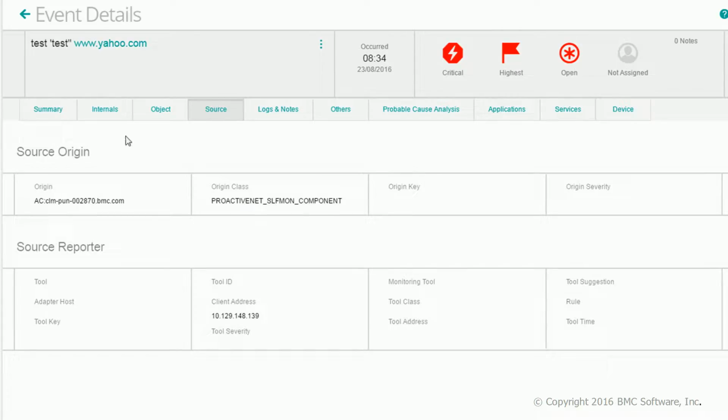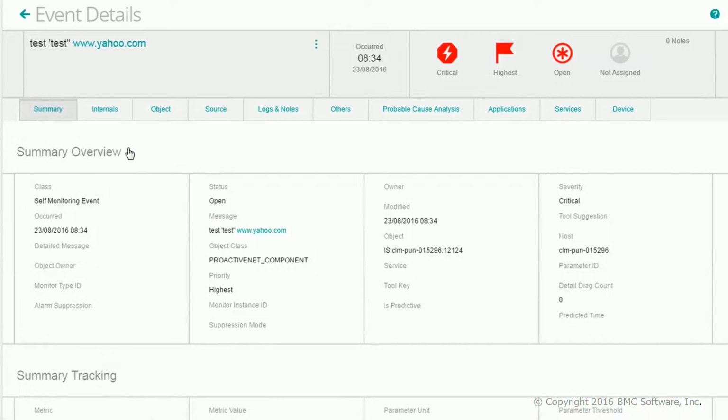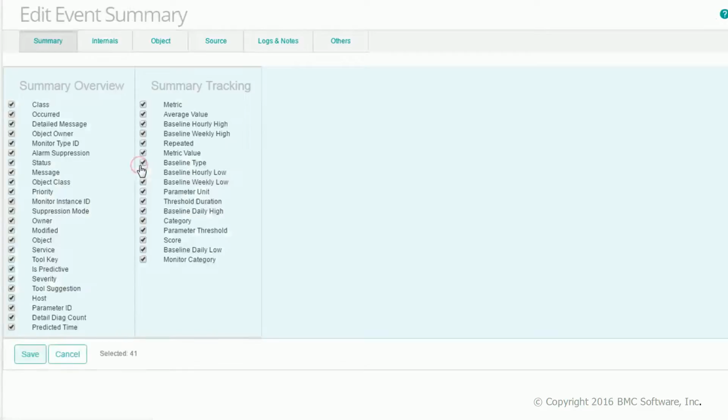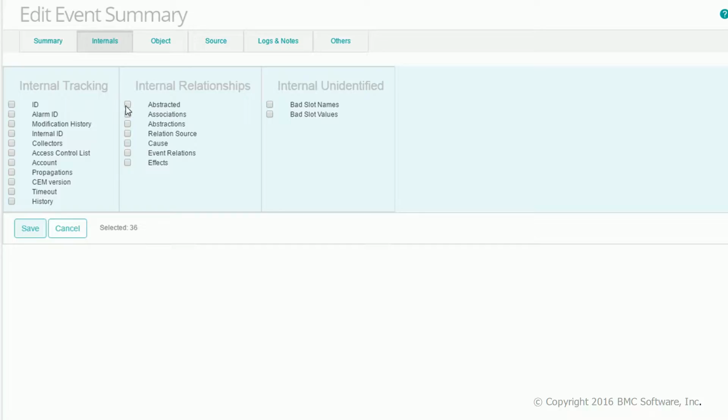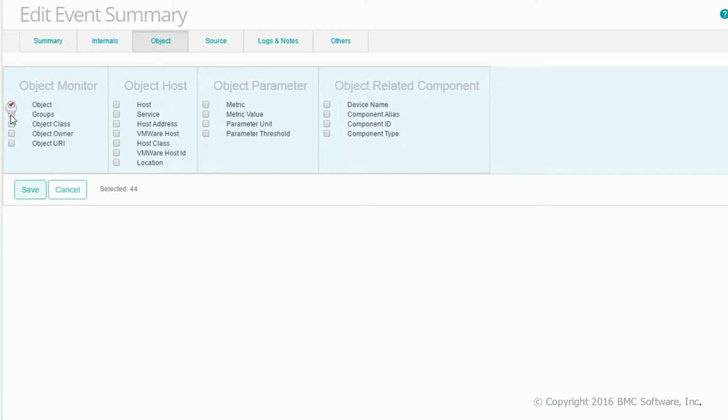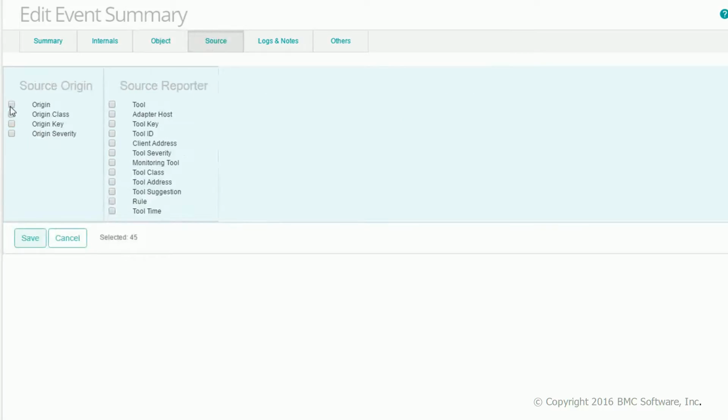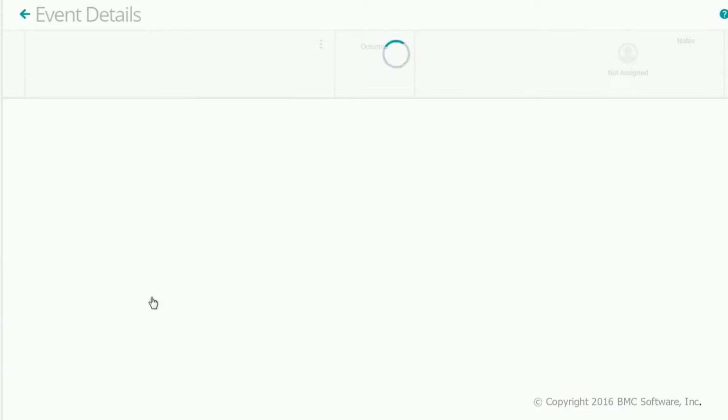Now one major advantage of the event detail is that you can customize this view by going to summary overview. There is an action menu over here to customize this event detail. You can come here, you can choose all the slots that you want to see. So each tab has predefined sections where the user can hide and show the slot values as per their requirement. So let's say I'm picking up a few of the values from the different slots that I have, and now I'm going to save this.